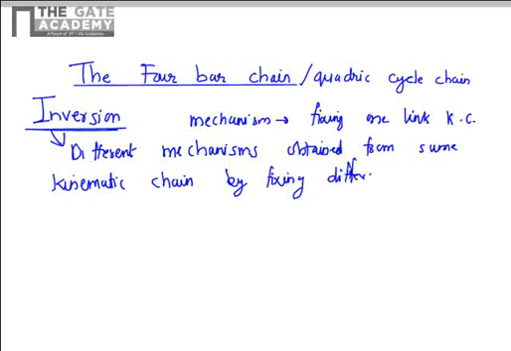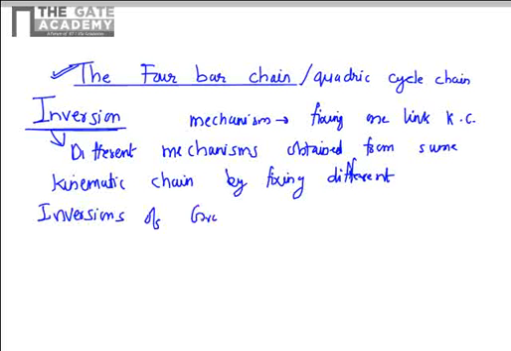So you may come across sometimes two mechanisms which look very different from each other, but if you go to a basic level and simplify them, you will realize sometimes that they are derived essentially from the same kinematic chain. So the 4-bar chain is quite an important kinematic chain. It's a basic building block of many other complex chains. So we will study here inversions of